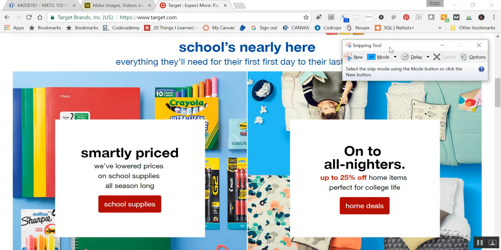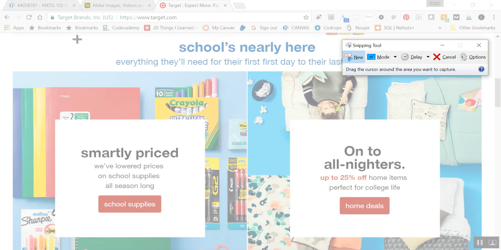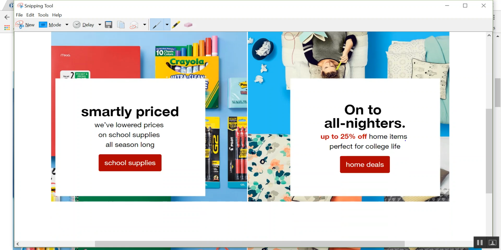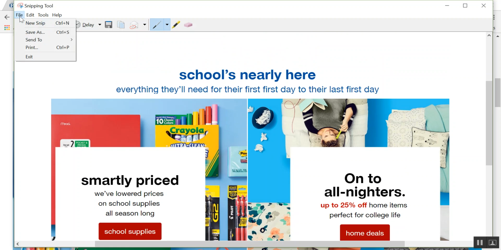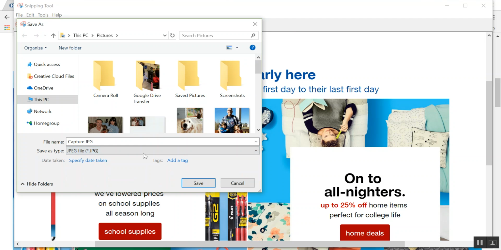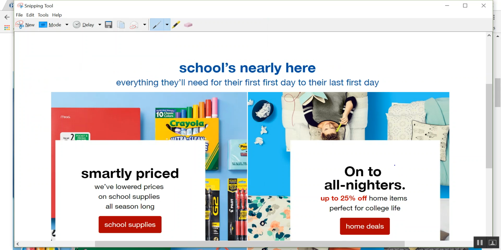what they're marketing right now. Right now we've got the back to school thing. So you click new, and you can just drag a square around where you want, and I can do file save as, and I would recommend that you save it as a JPEG, and then you can name it Target back to school .jpeg,